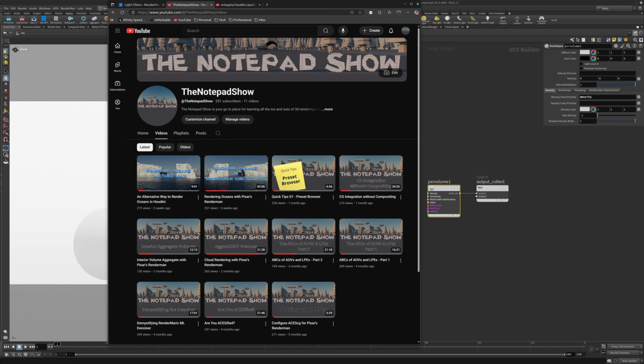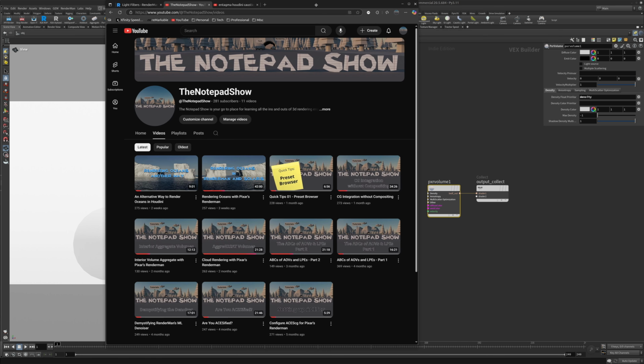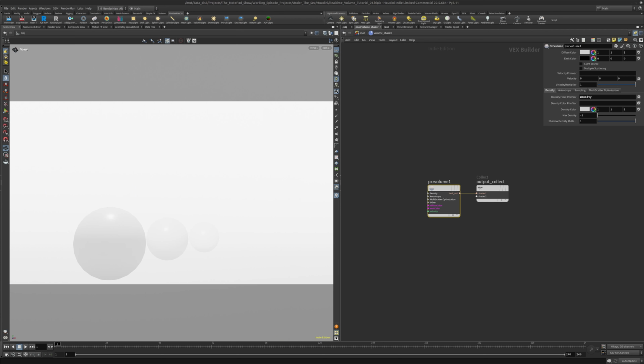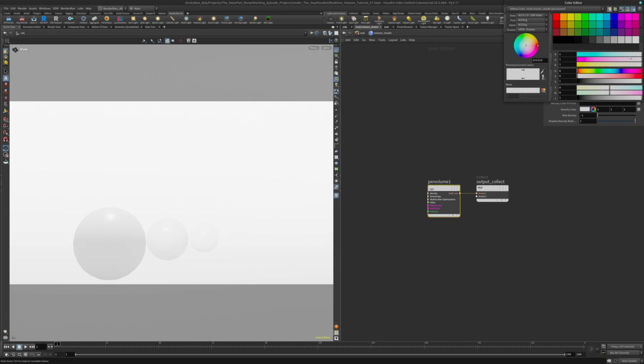When doing an effect like this, you do want to use diffuse color. And like in that tutorial, the cloud tutorial, small increments, nothing big. That is enough right there